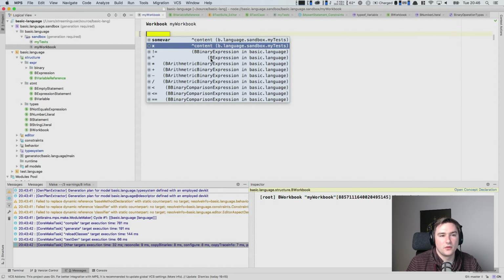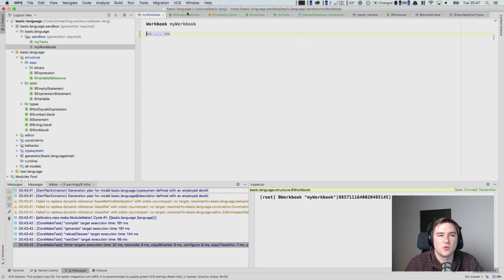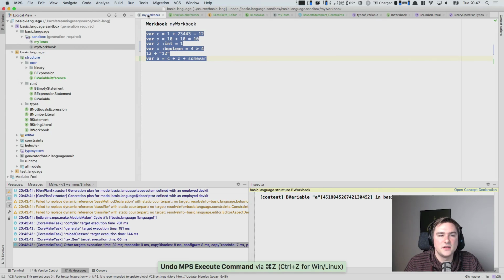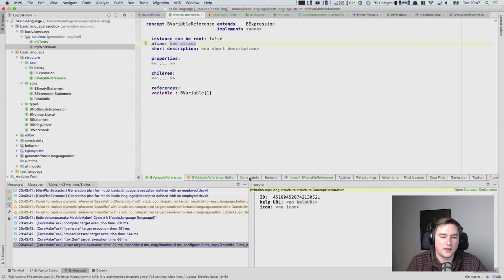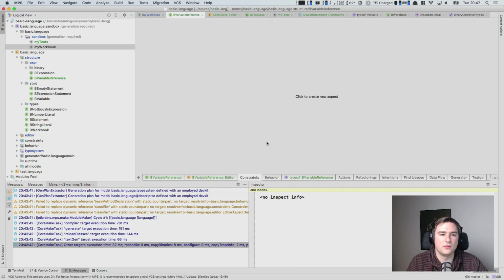That's because MPS automatically includes these things into the context assistant when there is a valid reference target for the variable reference. How can we fix that? Let me first undo the changes here so that we get back to our initial working state. Okay. What to do here is that we need to define a scope, and this is done in the